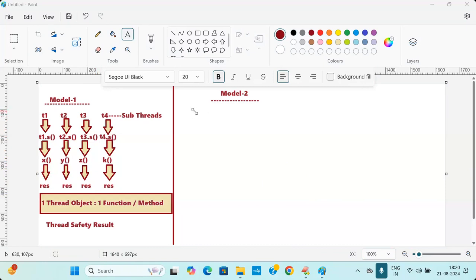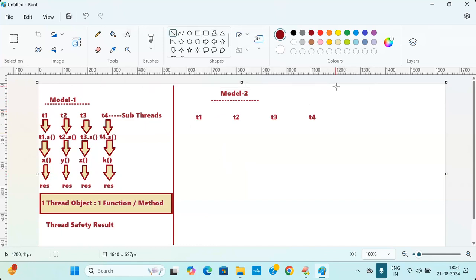Now I'm going to take up T1, T2, T3, and next is T4. These are my threads which I'm taking. Be careful, try to understand, all of you. T1, T2, T3, T4 are all called different threads. In this context, I would like to ask you a question. In this case, the code written here is